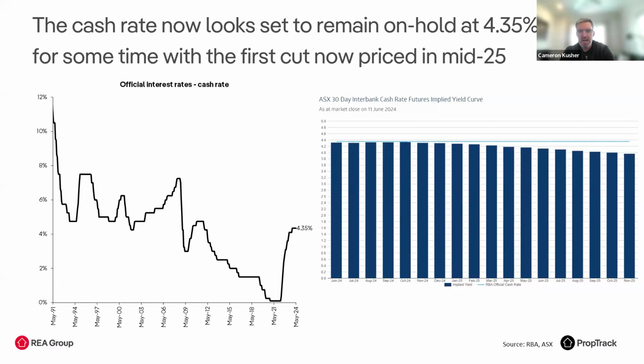there's no longer an expectation that interest rates will increase, but there's no expectation of cuts until sort of mid next year. If I was to bet on this, I would say that we're probably looking at an interest rate cut at the earliest around February or March of next year. And of course, if you went back a couple of months, it was looking like interest rates were going to be cut sort of September, October this year. So that has pushed out expectations a good 6 months,